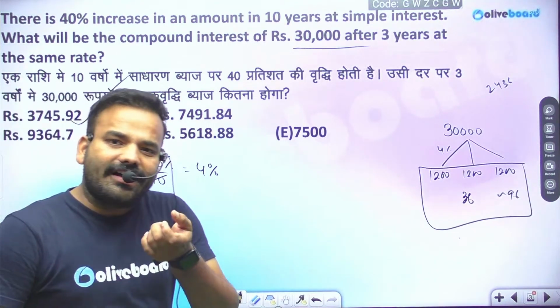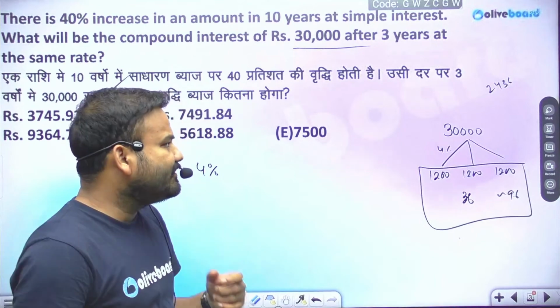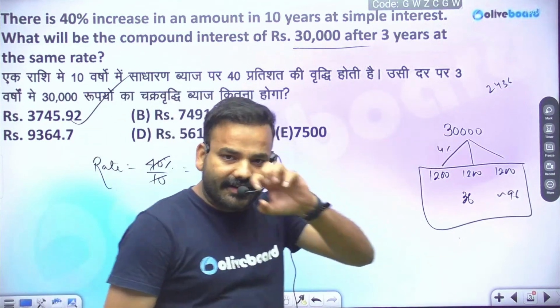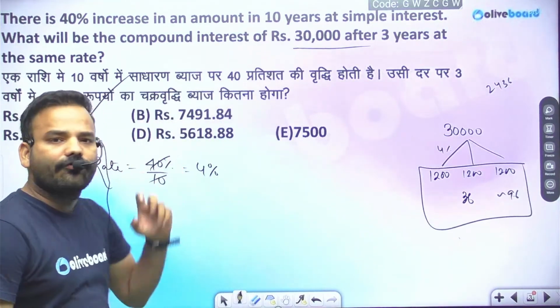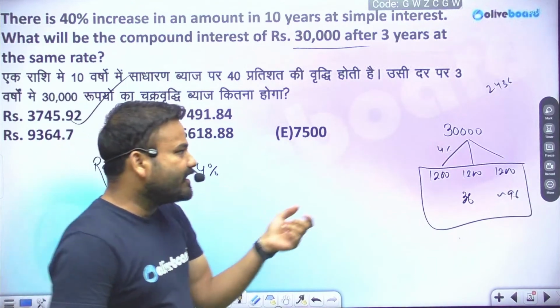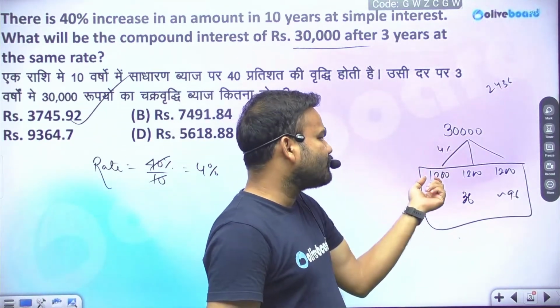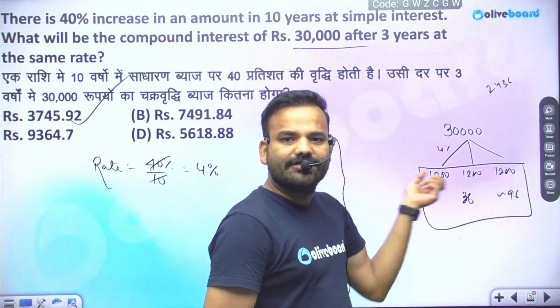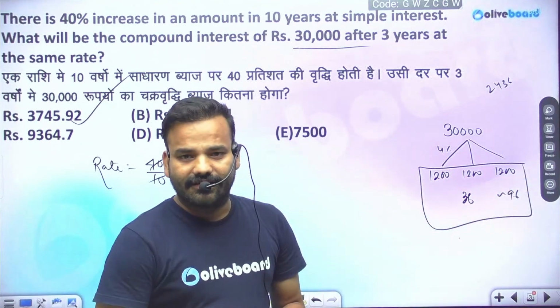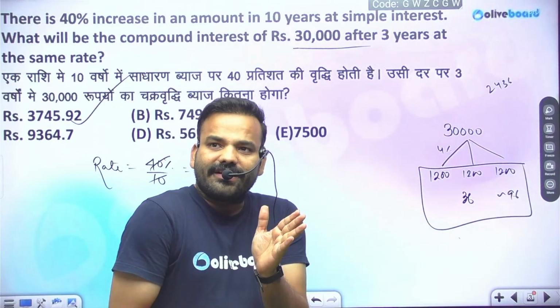I have just been asked the value of compound interest. So what I did: 30,000 was the principal and the rate of interest taken into consideration is 4%. Calculating 4% of 30,000, that is 1200, 1200, 1200. This is the simple interest for 3 consecutive years. And the value of compound interest is